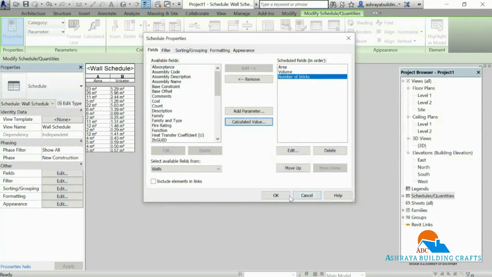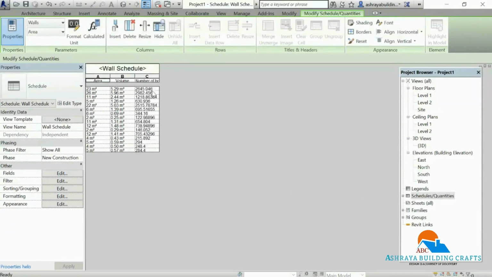OK. This represents number of bricks required for overall volume.